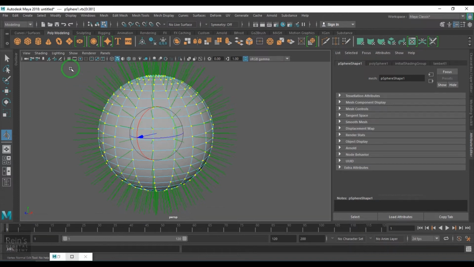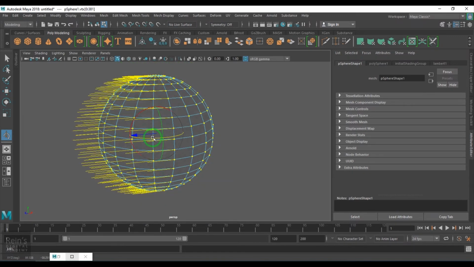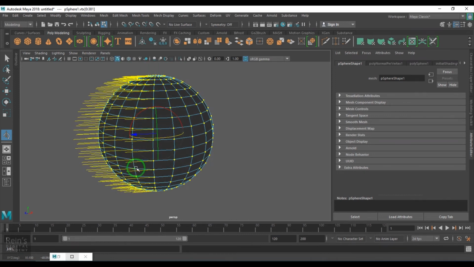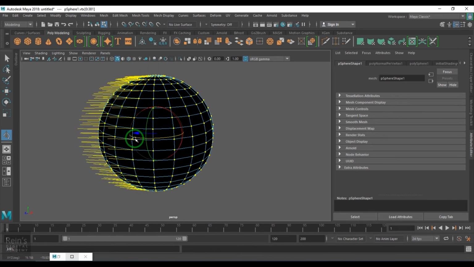When I select everything and rotate collectively, the normals will rotate in that direction only. The blue arrow tells that the normals are facing in their right directions, but now when I start rotating this, you see all normals are facing away from the camera. I made it face that side, and you see the polygonal sphere completely became black.